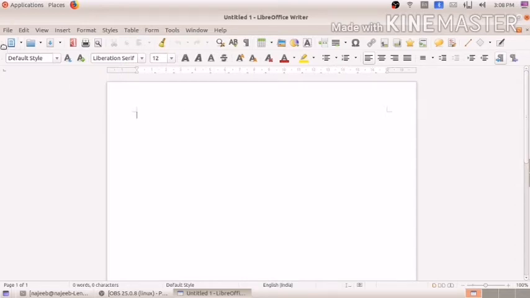So here you can see this is the toolbar. These two bars, this row and this row, are called toolbars. The first line is called the standard toolbar. There are two types of toolbar here, the standard toolbar and the formatting toolbar. So the first toolbar you can see is the standard toolbar, and the second one is the